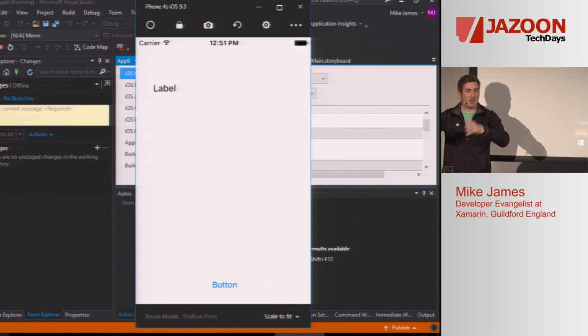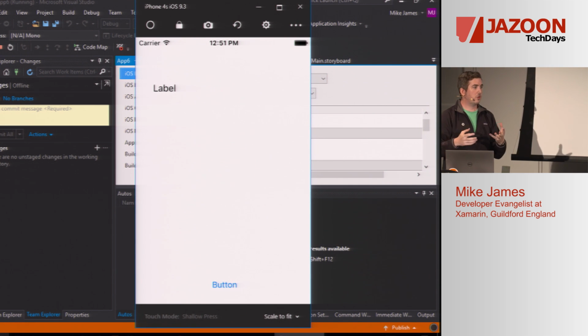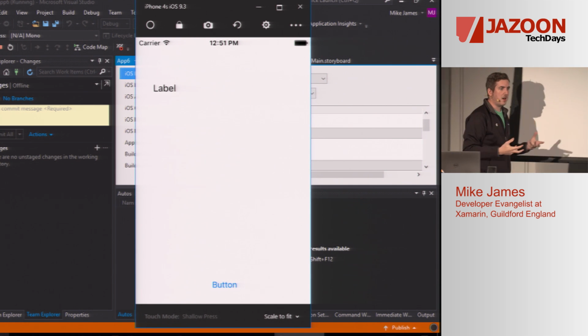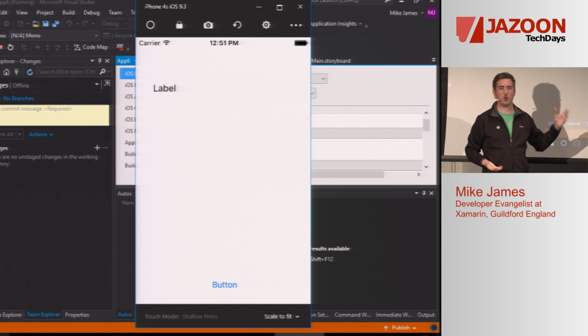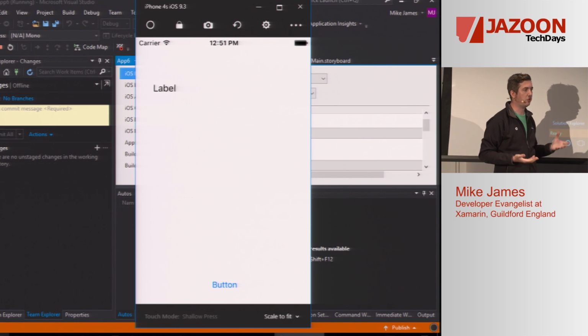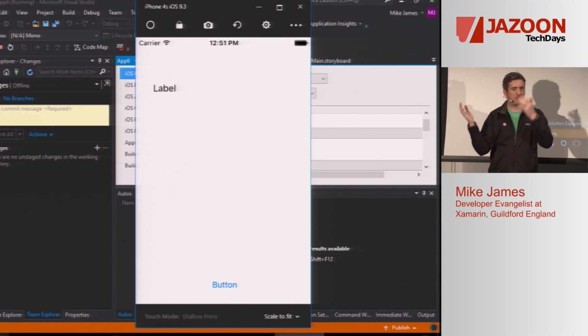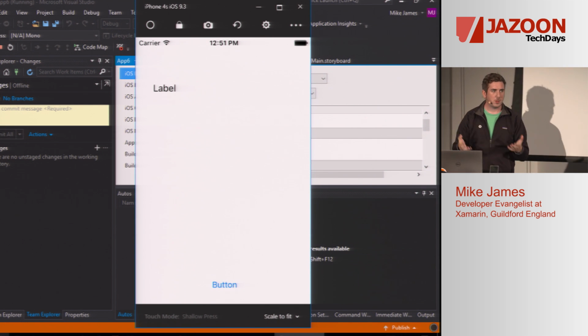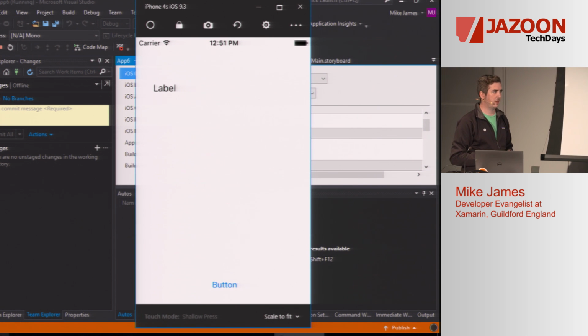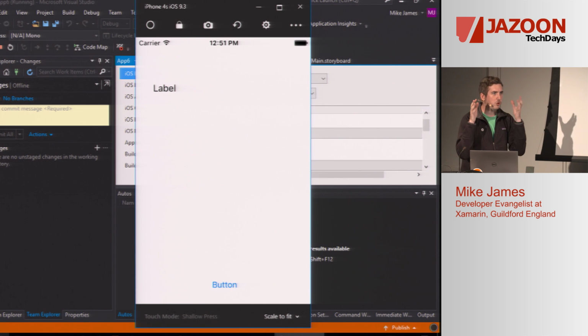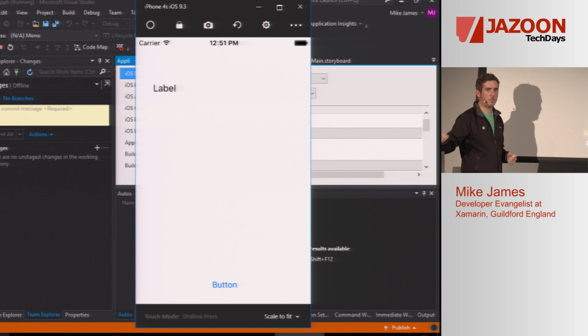So I'm now on the PC, but as a Mac user, I couldn't use multi-touch without deploying to device. And when you deploy to device, you've got that ahead-of-time compilation process, which can take a while. Whereas with the simulator, we can JIT. So we do, and it's infinitely faster to deploy to the simulator. And now I can do all the multi-touch stuff on my PC.